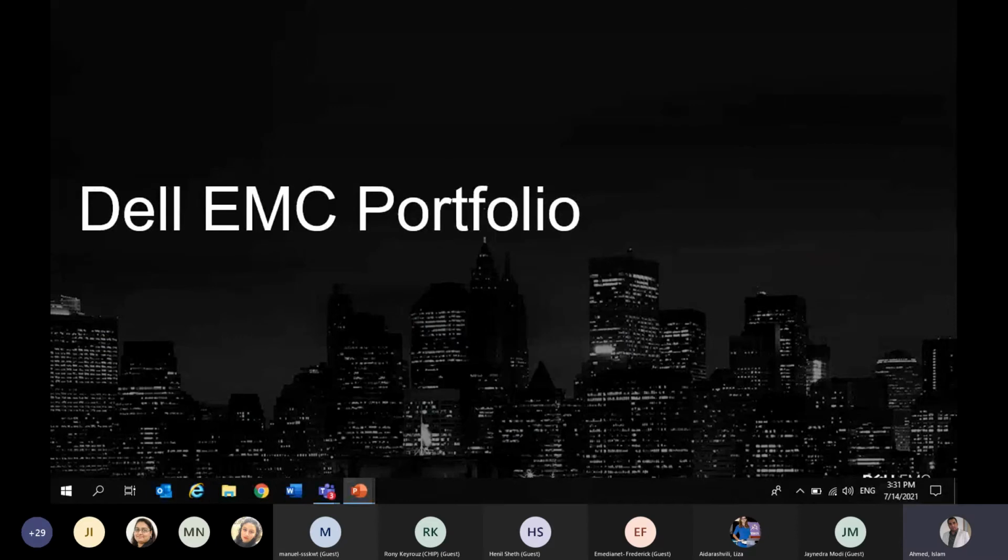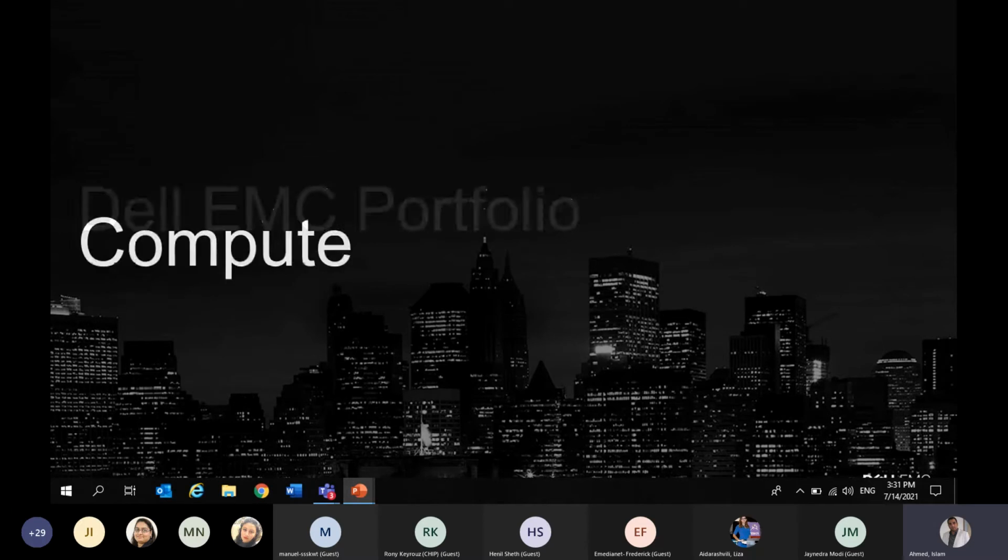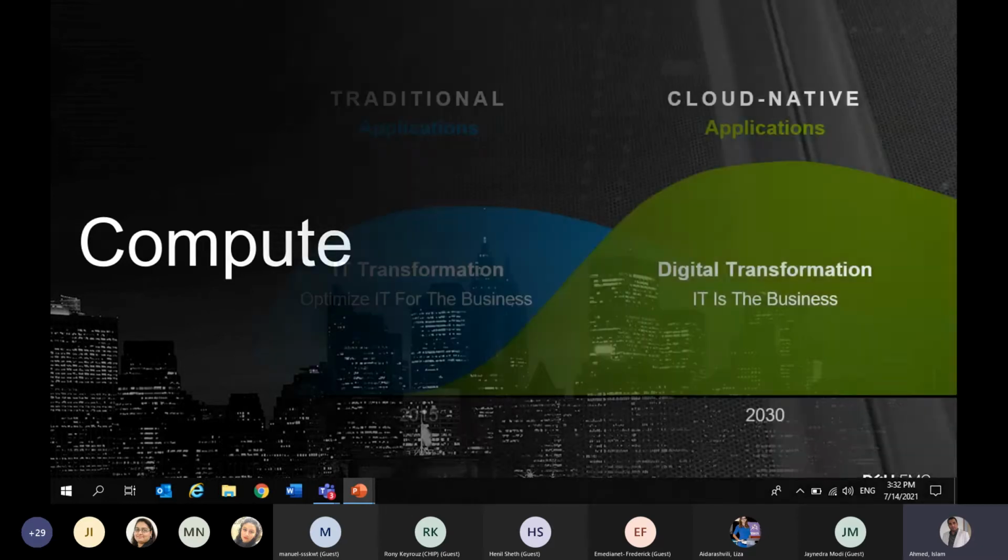We talk generally about the key strong point for Dell, how Dell represents themselves in the market. Let's go a little bit into the Dell EMC portfolio for surveillance solutions. I need you to be familiar with at least the most famous products from Dell EMC in the market right now. So first we talk about the computing device, and of course, many of you have been working with Dell and are very familiar with